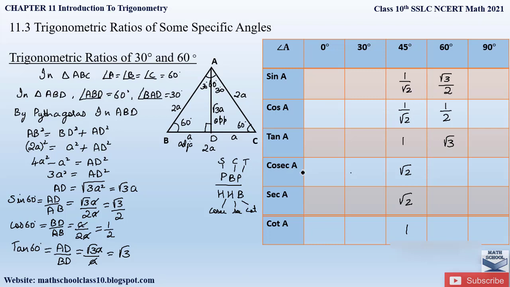Now to find out the cosecant 60, this is nothing but the reciprocal of sine 60. So that will be 2 by root 3. This you can find out by applying the values. I'm just writing down directly here. Similarly, secant 60 is the reciprocal of cos 60. So here our cos 60 value is 1 by 2. So the reciprocal of 1 by 2 is nothing but equal to secant 60. Similarly, cot 60 degree will be the reciprocal of tan 60. So here we got tan 60 as root 3. So the reciprocal will be 1 by root 3.